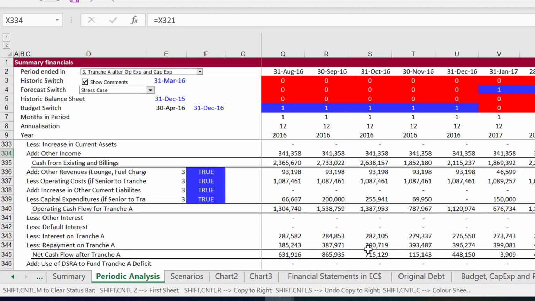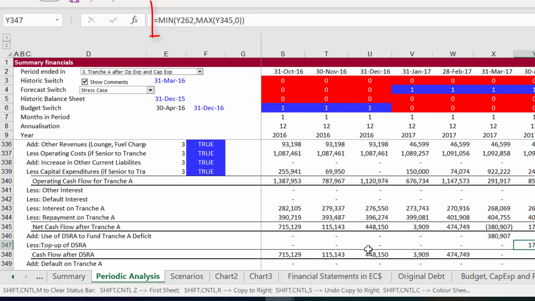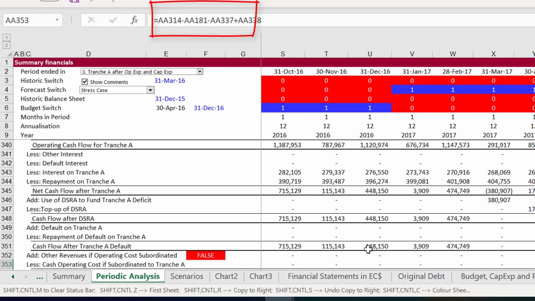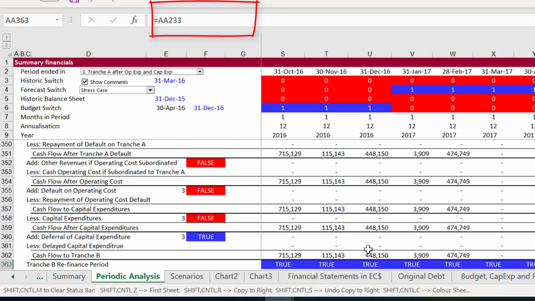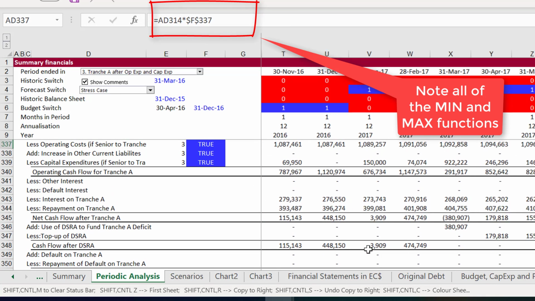That's what the minimum function does. It's a max min, and then if we have positive cash flow in the next thing, we use that positive cash flow to pay it off.